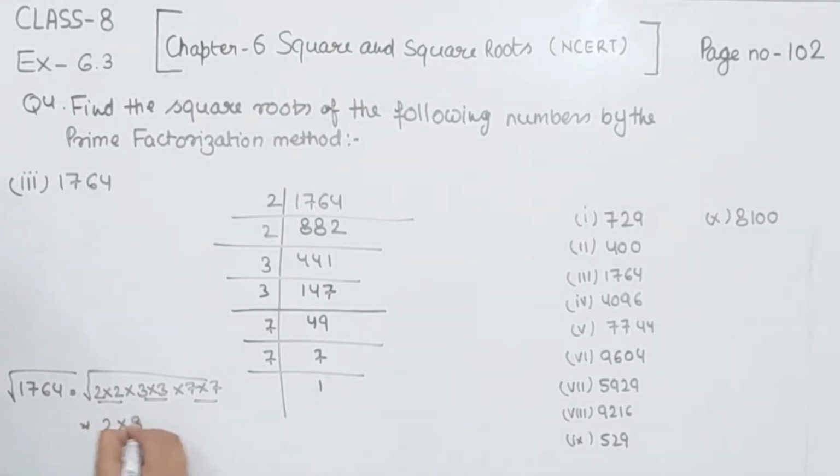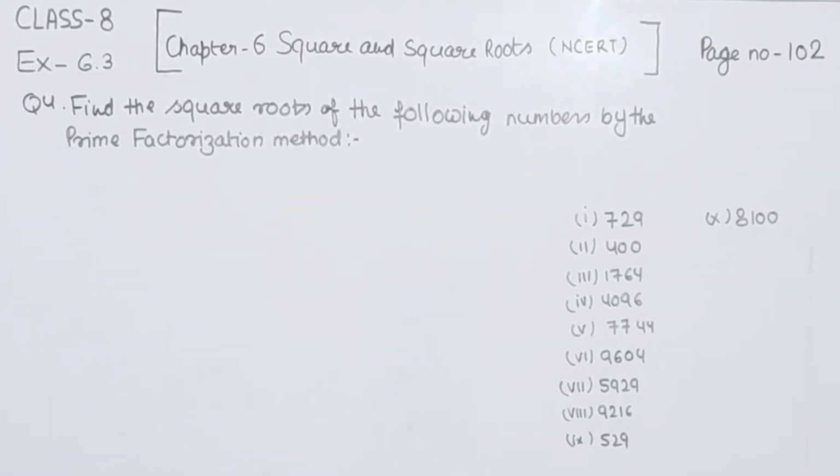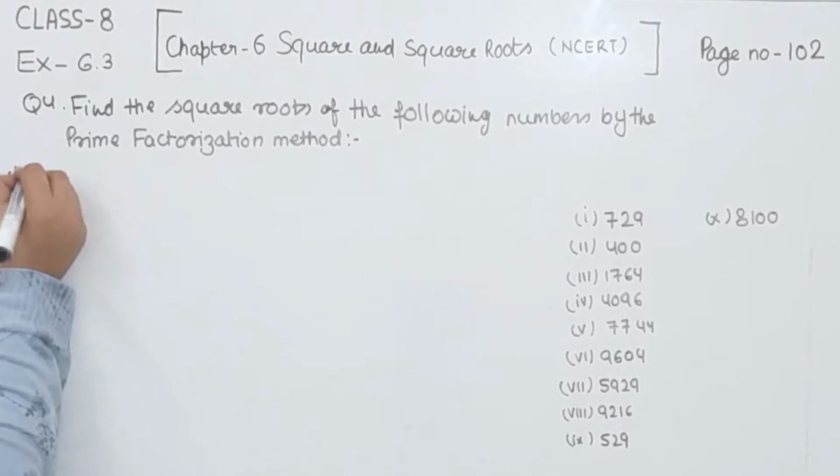That is 2 multiplied by 3 multiplied by 7. So 3 2s are 6, 6 7s are 42. So the number we have is 42. So the square root of 1764 is 42. This is part 3. Now comes part 4. The number we have is